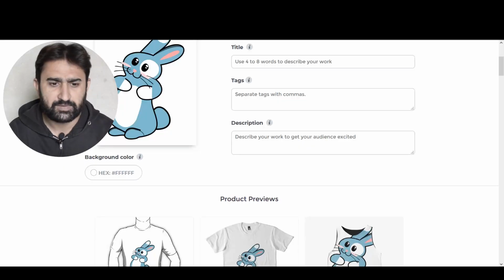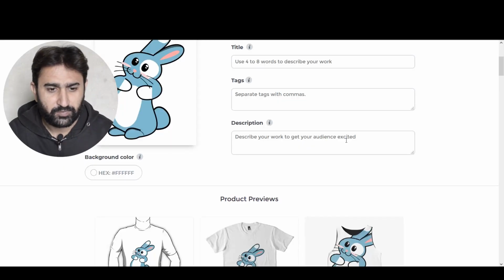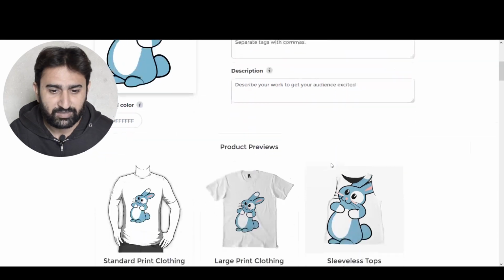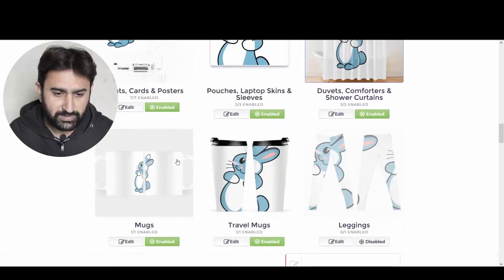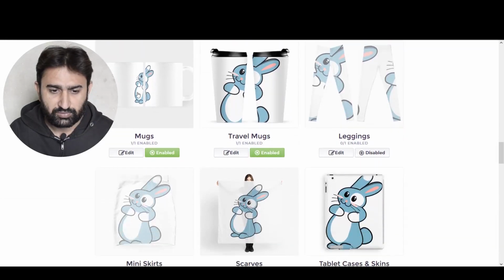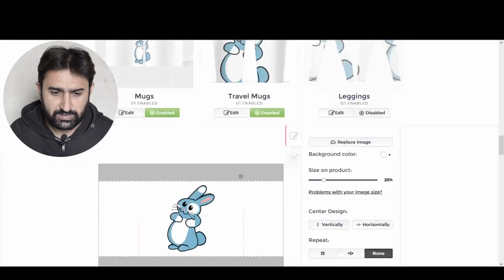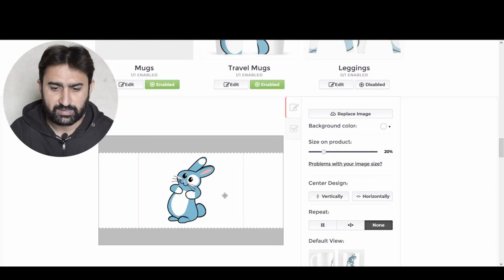The purpose of the video is going to be putting that design on that mug in a much better way as compared to just using the platform itself. So here I have my favorite bunny design that I have uploaded on this Redbubble platform. And if I go to this mug section, by default you can see that the design is actually placed at the center, and